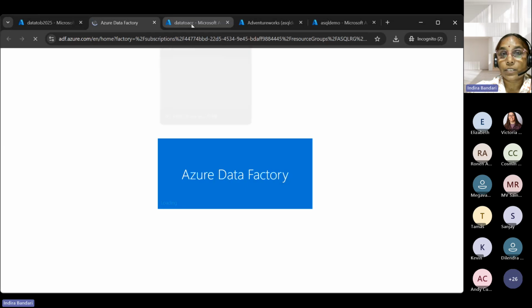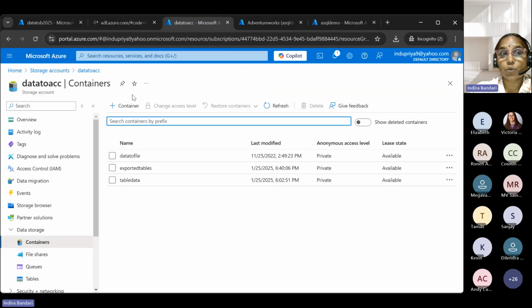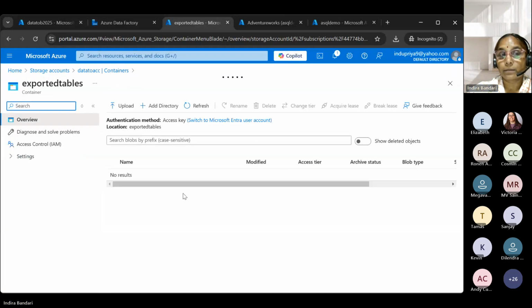While that is launching, this is my storage account where I'm going to store the exported tables. We can see that there is nothing here. And also in the AdventureWorks SQL database,